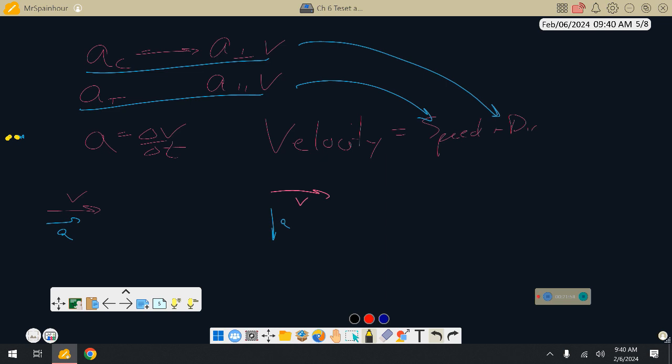So where you really see these push is when you get a situation, let's imagine a car has a top-down view and acceleration is going this way. What's going to happen to that car? Well, the good news is we can just do basic components. I can say, hey, this is the component perpendicular and this is the component parallel. This component that is perpendicular is called centripetal, and this one's called,